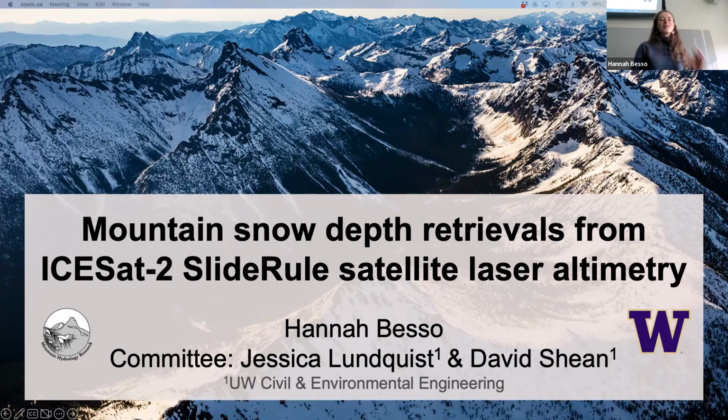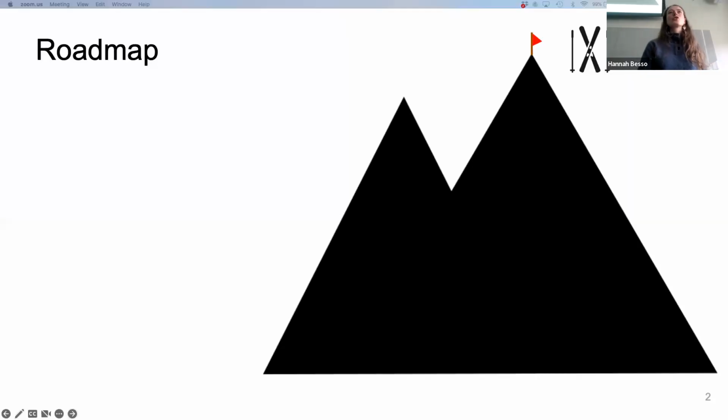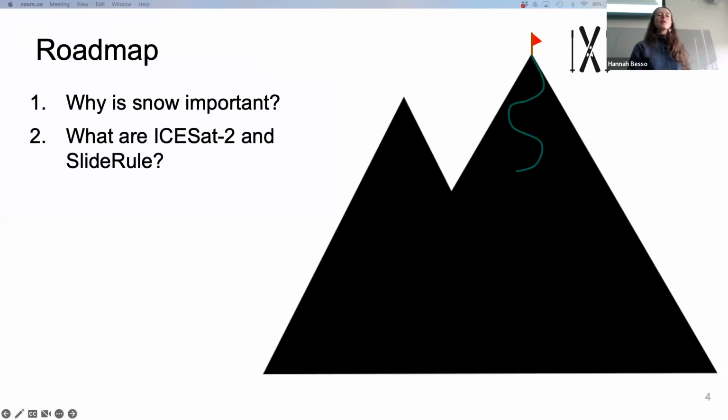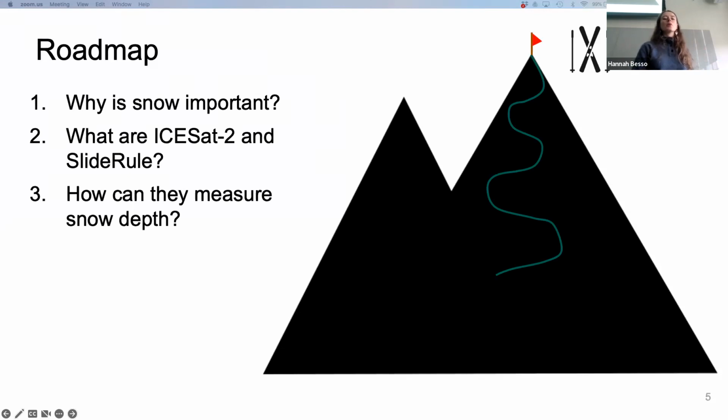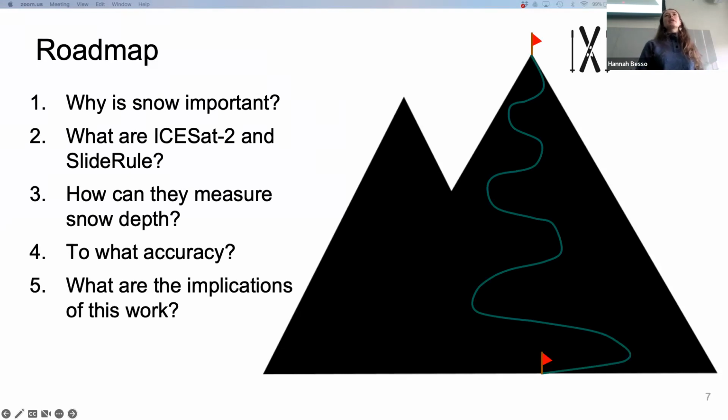All right, so the title of my talk is Mountain Snow Depth Retrievals from ICESat-2 SlideRule Satellite Laser Altimetry. And just from that title, you might have a few questions about my research. So I'm going to create a roadmap that will help us stay organized throughout this talk. The first question we will address is, why is snow important? Then we will cover what are ICESat-2 and SlideRule. We will investigate how they can measure snow depth, to what accuracy they can measure snow depth, and then finally, what are the implications of this work? So let's jump in